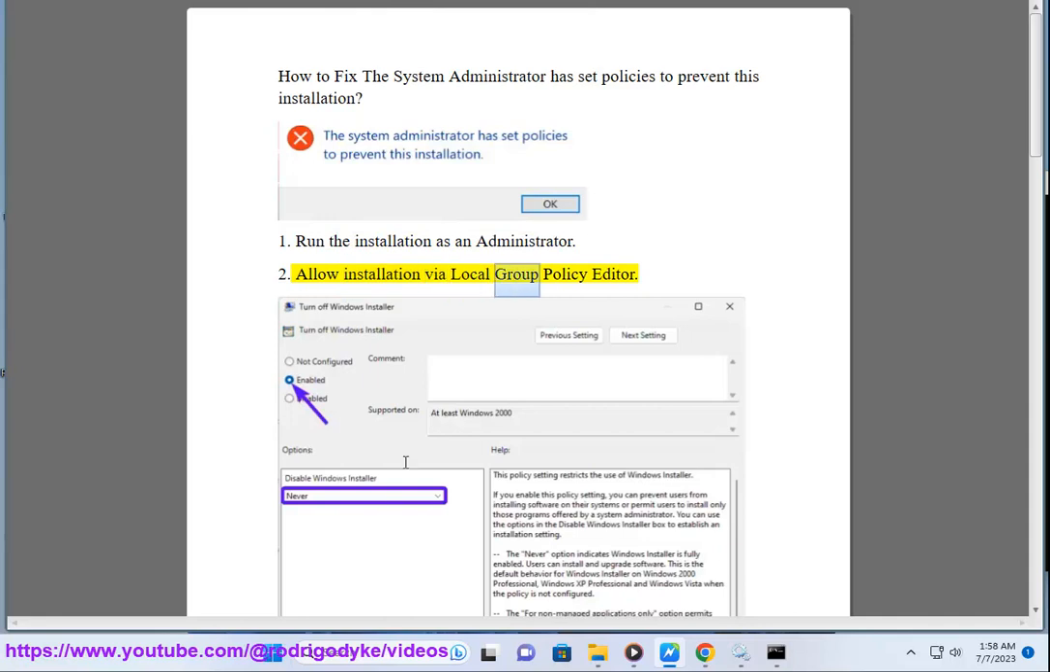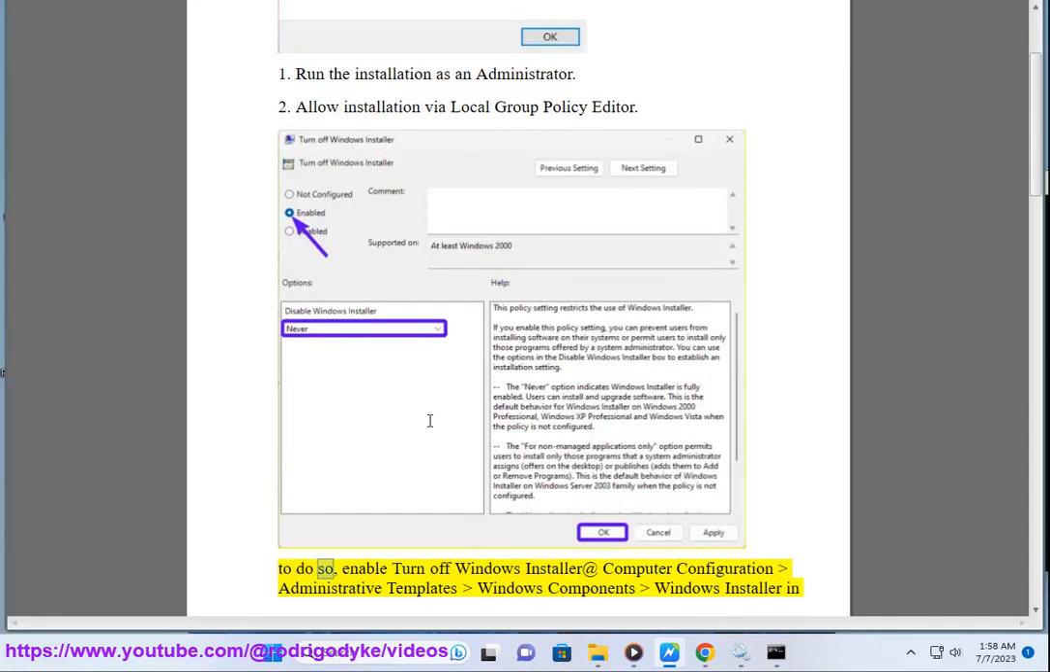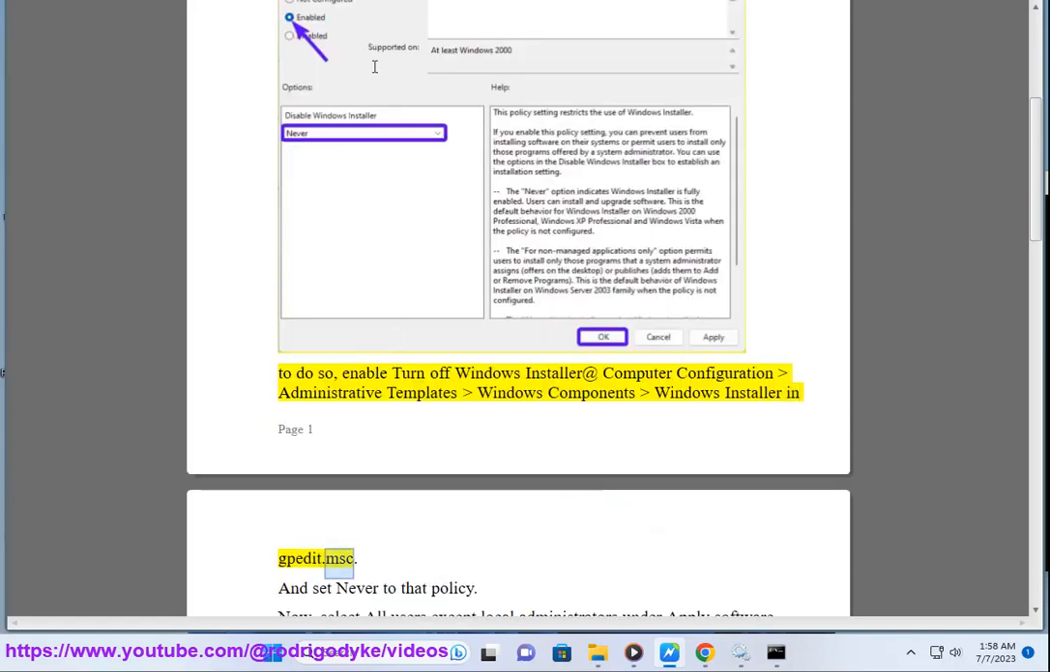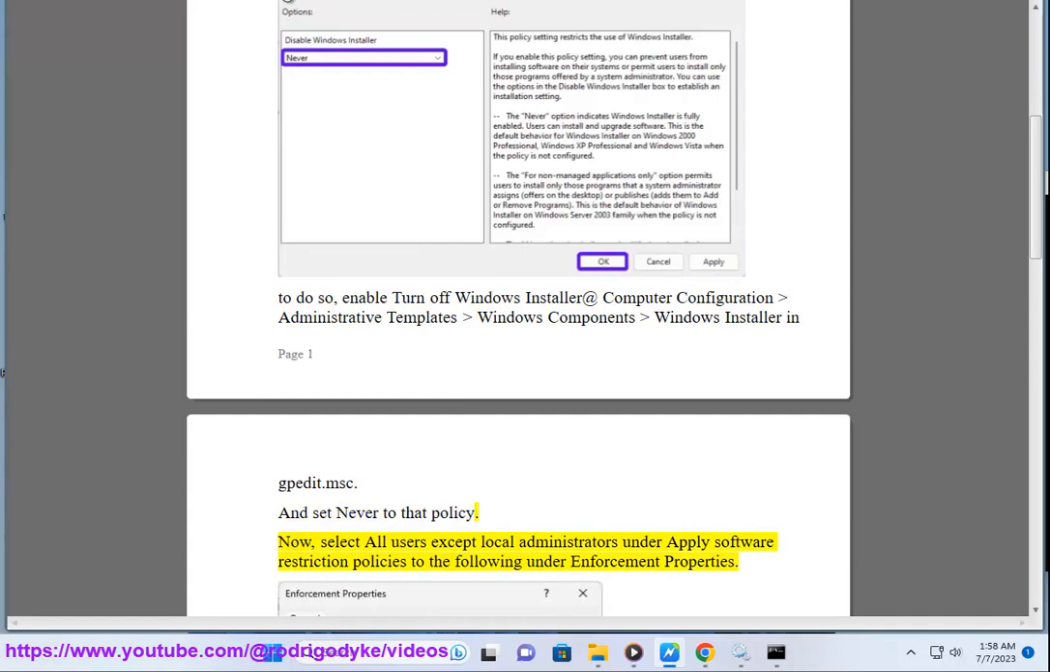Allow installation via Local Group Policy Editor. To do so, enable Turn off Windows Installer at Computer Configuration, Administrative Templates, Windows Components, Windows Installer in gpedit.msc, and set it to Never. Now, select All users except